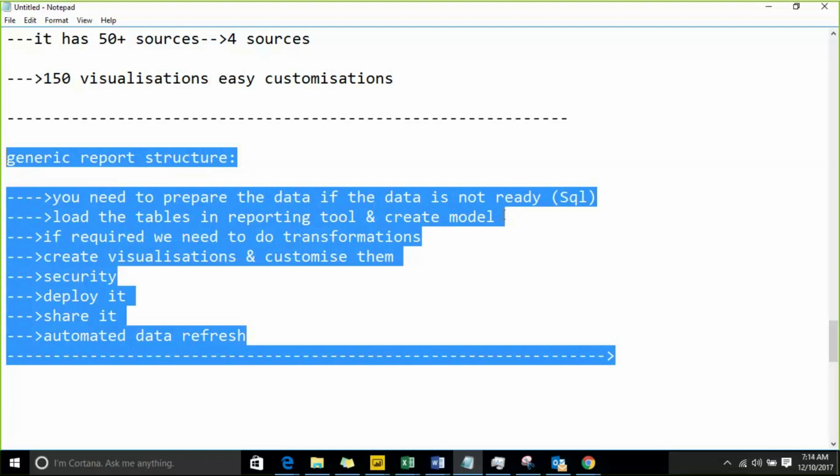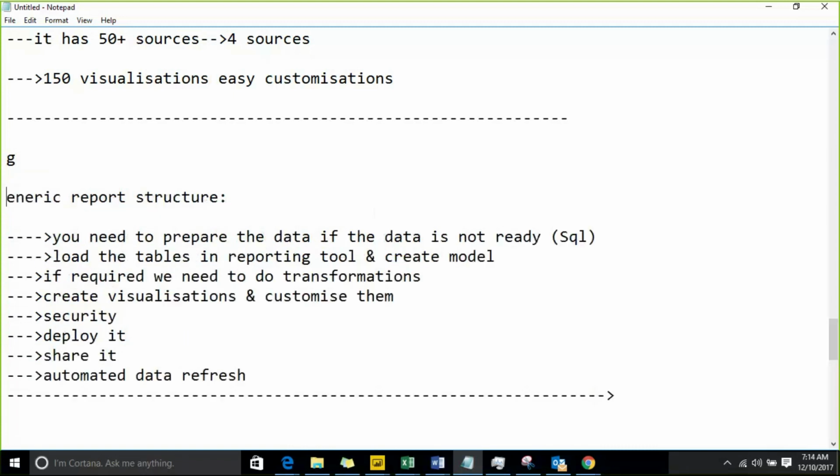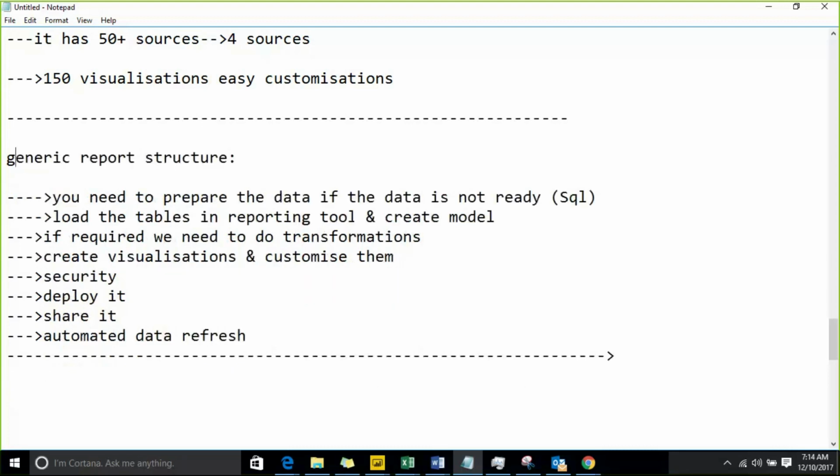If you are comfortable with one reporting tool, the other two reporting tools are nothing. Within 3 or 4 days, you can learn that reporting tool and go ahead as that reporting developer. Okay. I have people from a DBA background and people from a non-MSBI background, and I'm saying this: these are the only steps that you need to take care of as a reporting developer. But as we are Power BI developers,